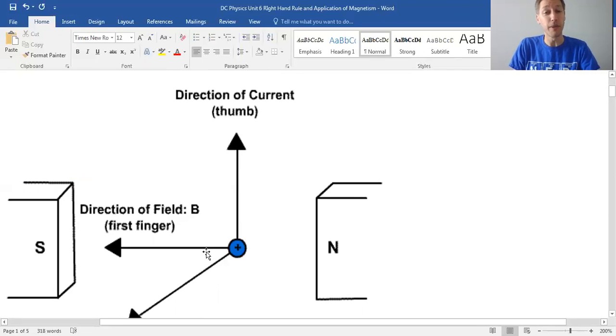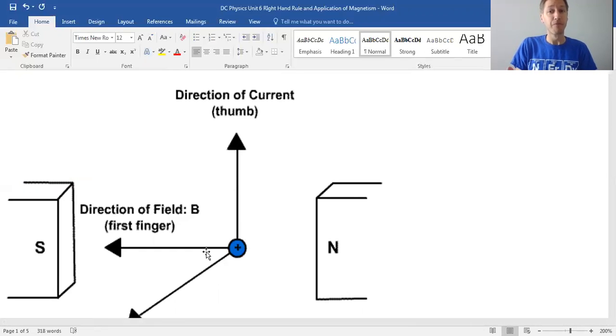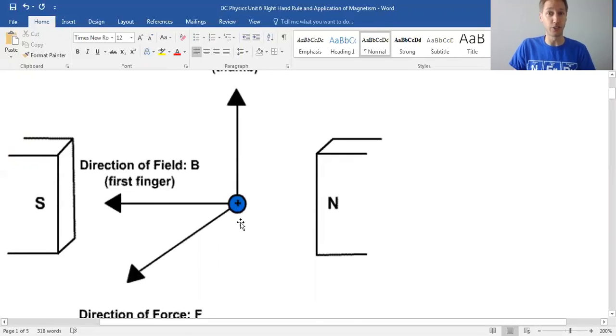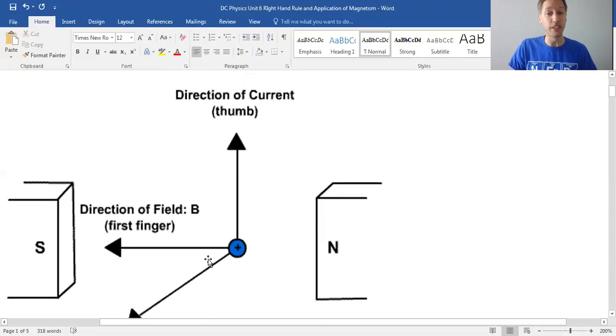The theory behind this is there's already a magnetic field present from the two magnets, and the particle itself produces a field, and so while it moves through, it's going to be pushed or deflected off course. All three of these things are going to be perpendicular to one another in the cases that we deal with. Now, of course, in real life, you may not have a particle moving perpendicular directly through